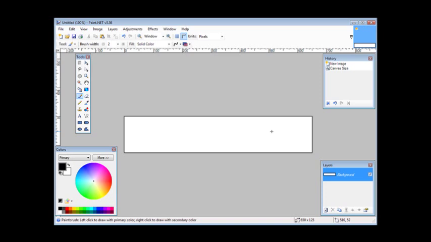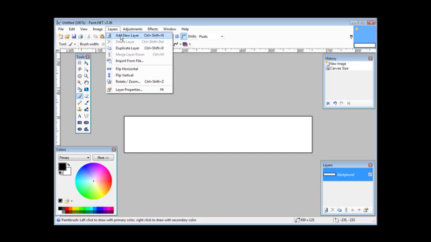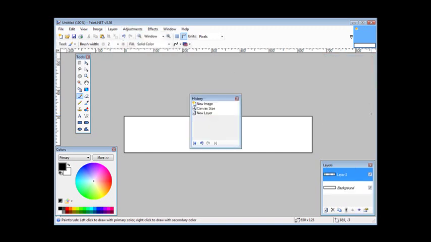Now from here there are several things we could do. We can add a picture to it and put some text on it. We could just make it a certain color, and I'll show you how to do a few of these things. Now if we wanted our background to have a certain color to it, what we would do is add a layer and some colors. So we're going to do everything in layers. So let's go to layers, add a new layer. You'll see the layer pops up